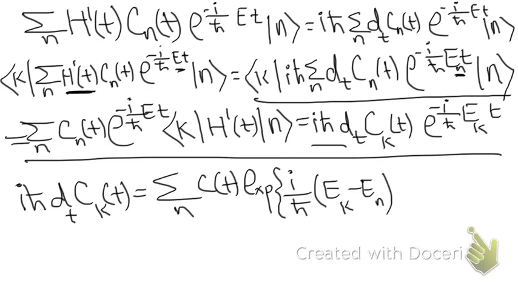So this is the difference of energy times t, and what I'll be left with here is then this matrix element of my perturbed Hamiltonian, right? I hope you can see that, right? Okay,